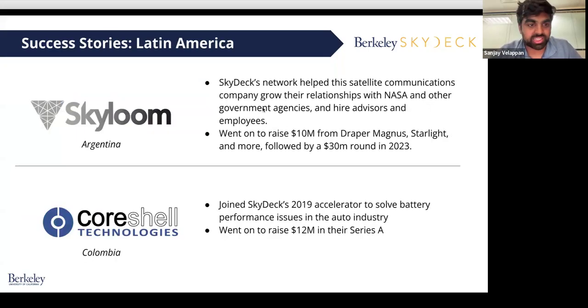Skyloom is, I would say, the quintessential SkyDeck story for an international founder. A deep tech company based in Argentina. Argentinian investors weren't able to get their heads around the deep tech they were building, and US investors didn't know how to evaluate a company coming out of Argentina. So SkyDeck basically became that bridge, helped them use all of the Berkeley resources to de-risk as much as possible, and then connected them to investors, and they've done